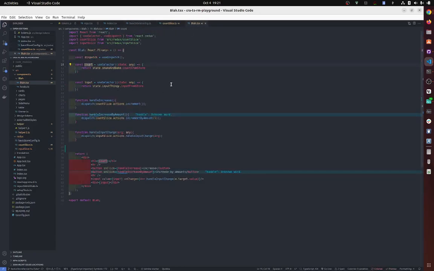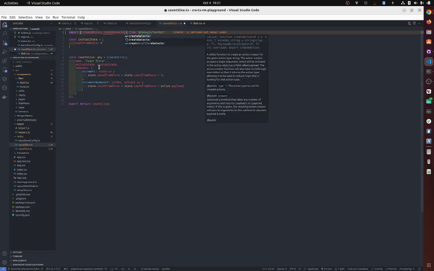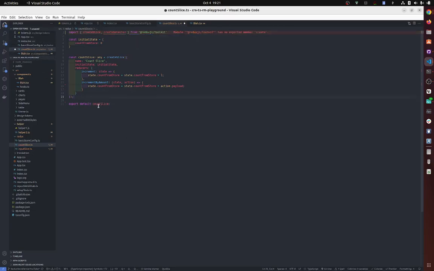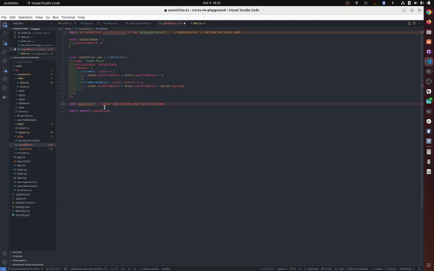Yeah, so let's do count. You need to go into the slice where you want to create a selector. It's literally called createSelector, believe it or not, right? The first thing you do is const target self, right? You can do it this way, or should we do target self? Select self, I think, is more... What do they have in documentation? Let me see, one sec. Select self, yeah. Select self is the way they do it. Okay, so select self is equal to